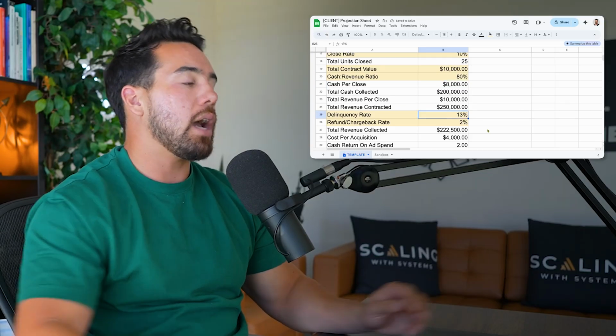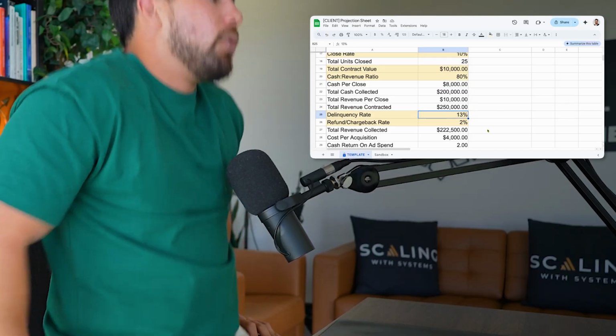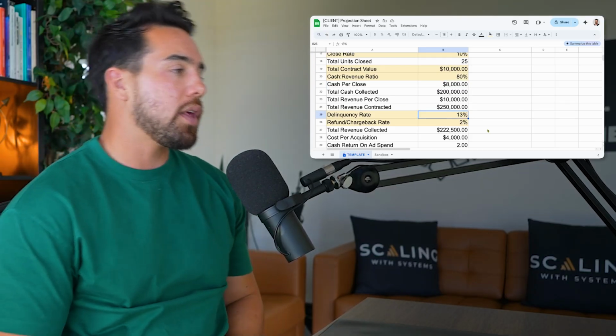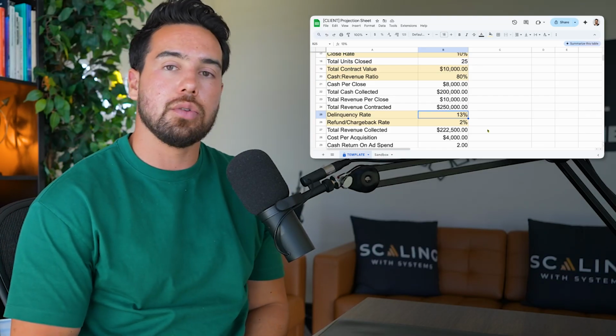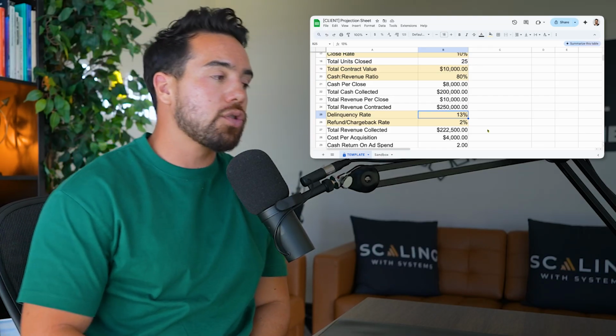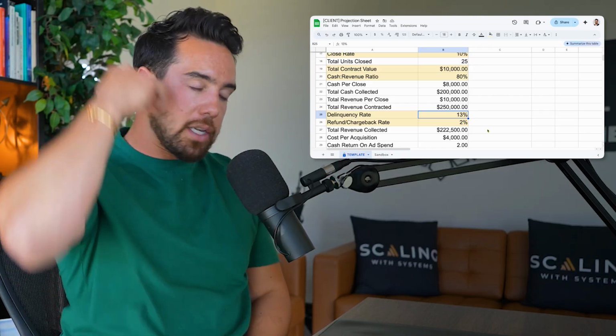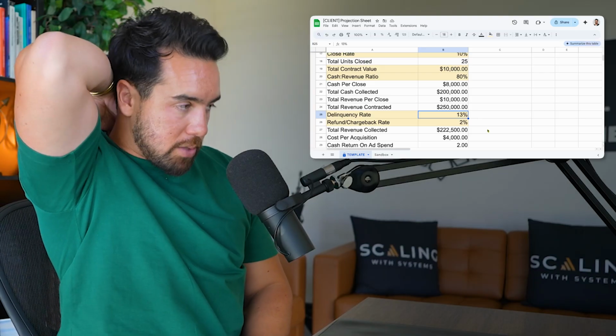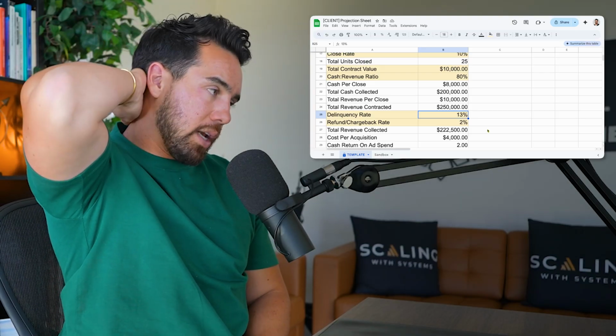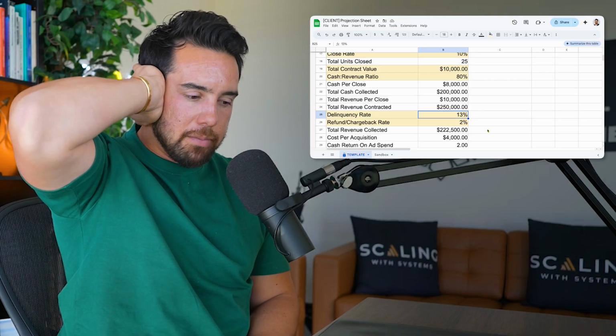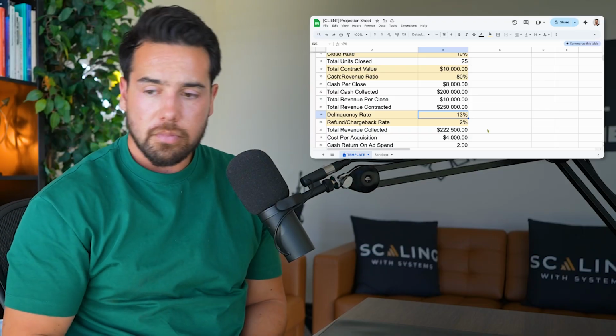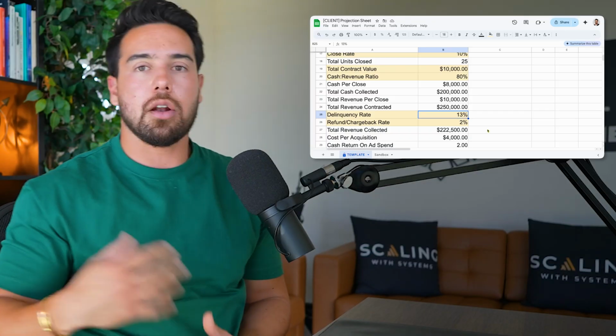And then delinquency rate. Now, I will say that delinquency rate and refund and chargeback rate are some of the hardest things to adjust. So here's a true story. Delinquency rate over the past couple of years has always been roughly 8 to 13%. It varies slightly. But that's an example of a constraint where between 8 and 13%,